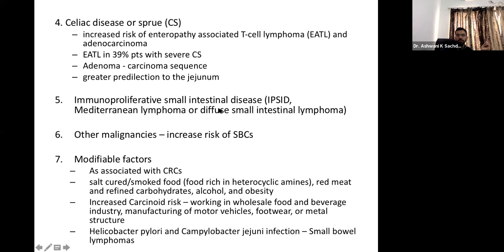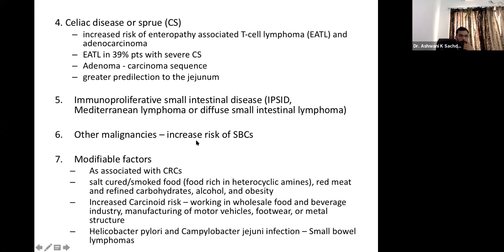Another is IPSID, immunoproliferative small intestinal disease, which is associated with diffuse small intestinal lymphoma. Other malignancies, like colorectal malignancies, and syndromes